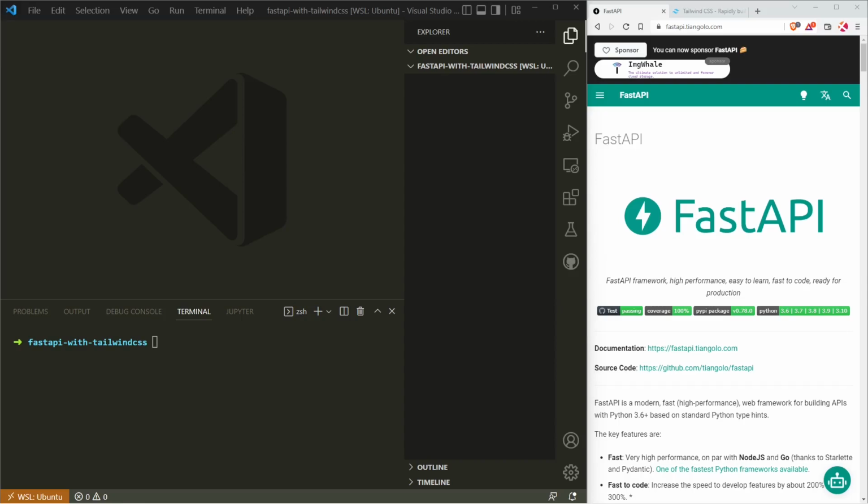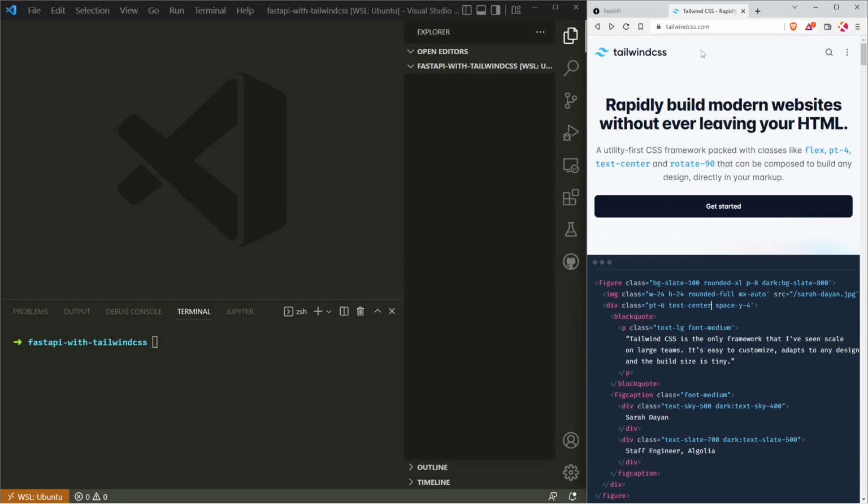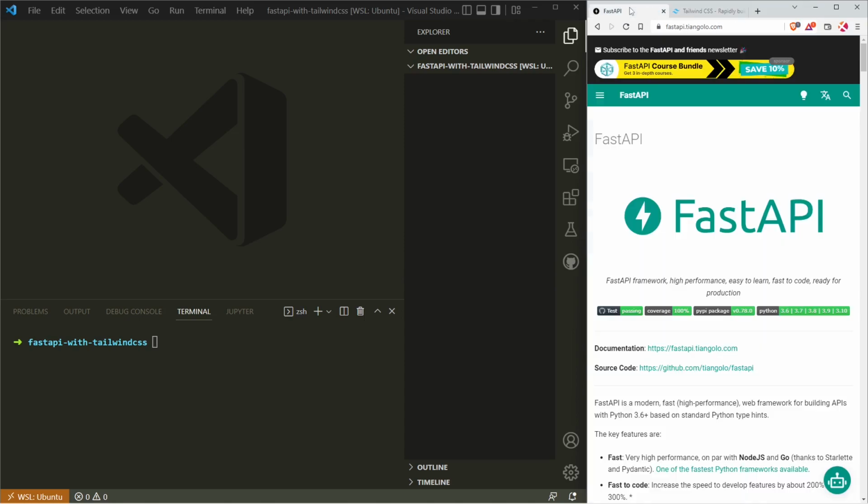What is up everybody, and welcome to this tutorial in which I'm going to show you how to set up FastAPI with Tailwind CSS. So let's begin by creating a new virtual environment by running the command python3 -m virtualenv